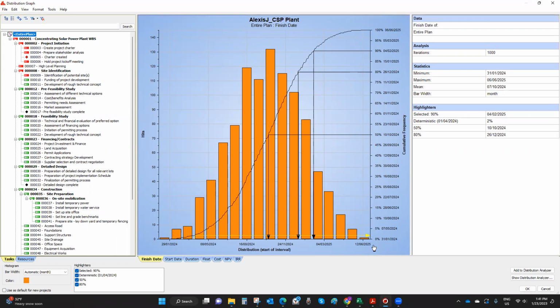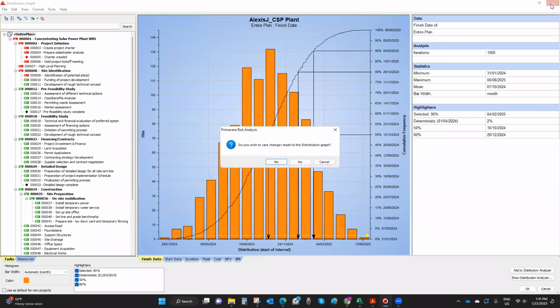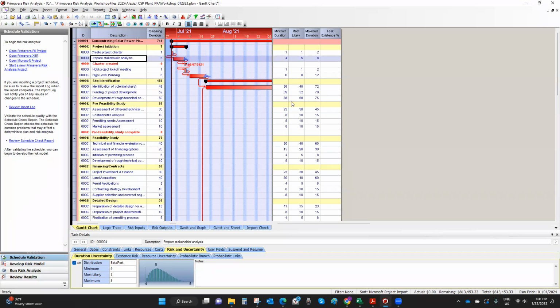So that's the first part of this, and the second part we have already done. I'm going to close this graph and save it, right? The second part, we already worked on it. That's entering